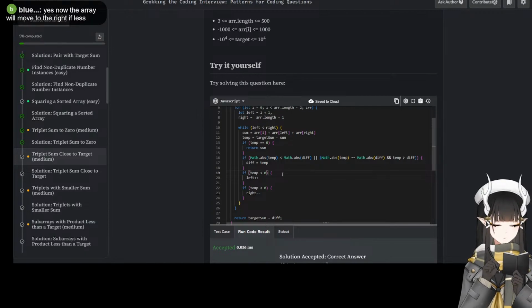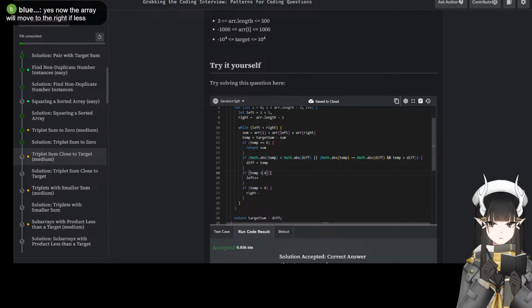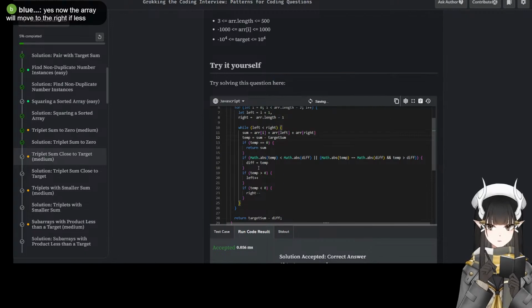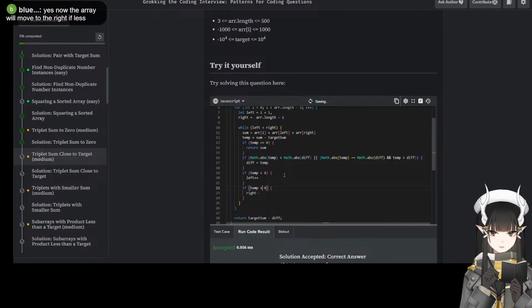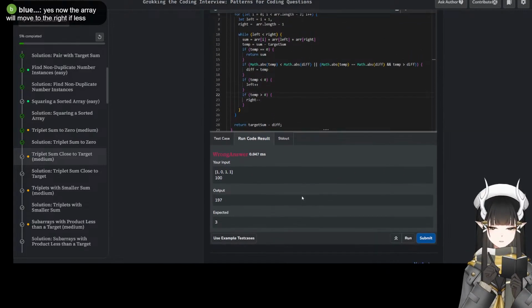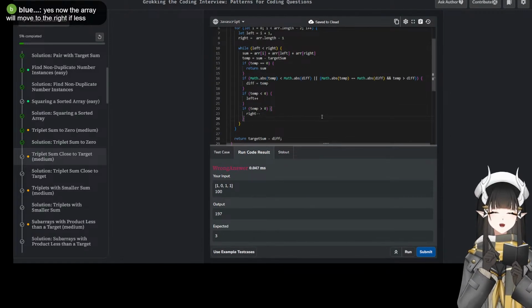If it's bigger, then we want to move the biggest number, right? That's the mindset. But in this case, it's the target sum minus sum. So, okay, just for demonstration, if I reverse this part, then I can reverse this. It should still be fine. Just to demonstrate. Wrong. No, it's not.